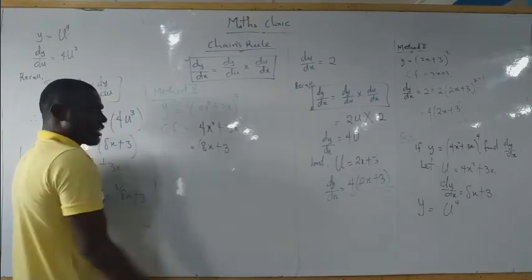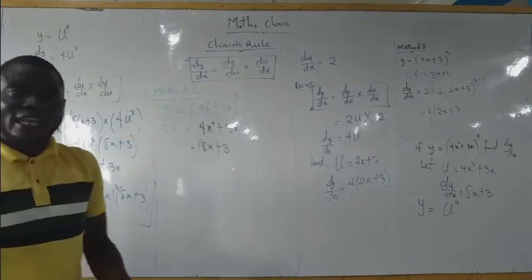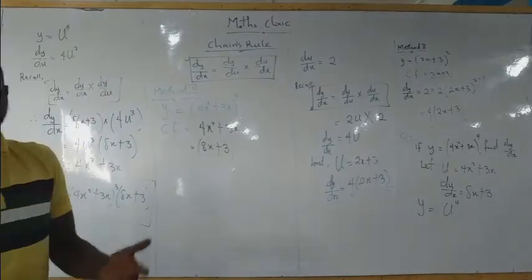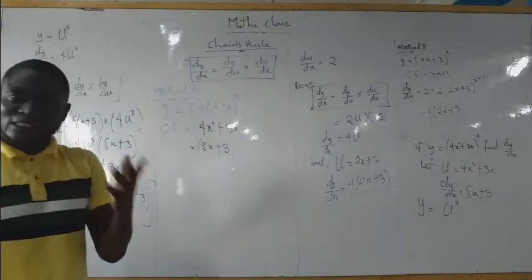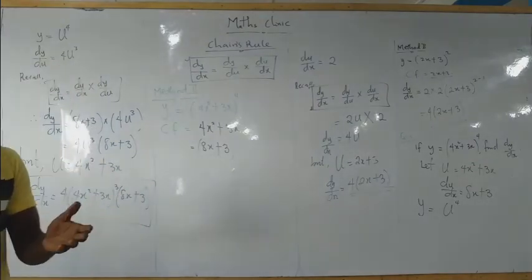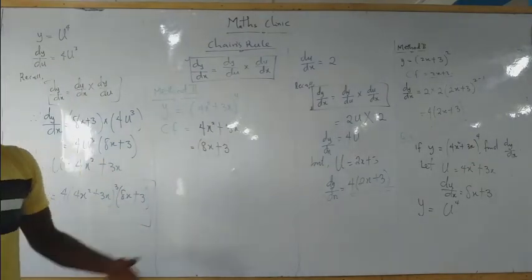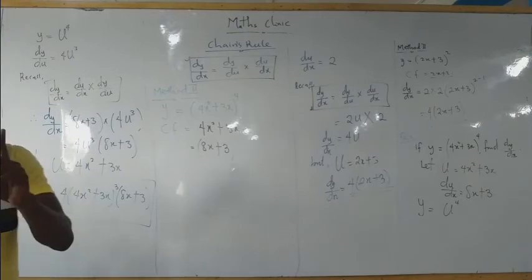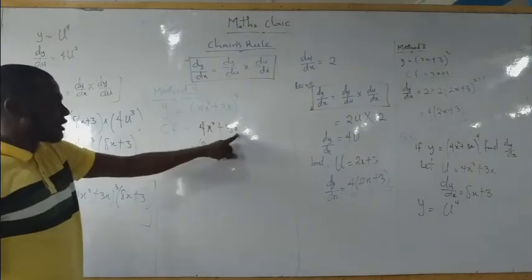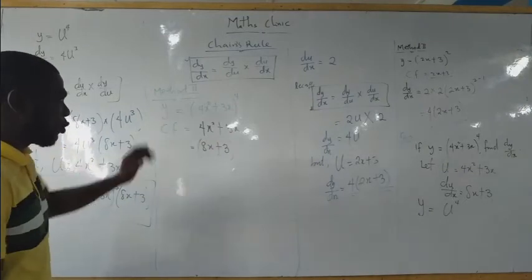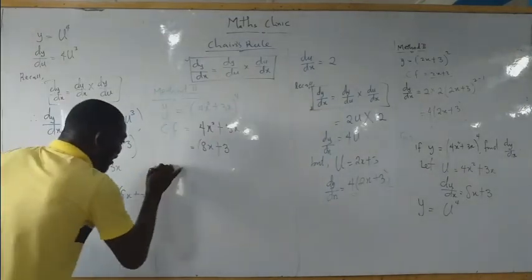Plus differentiate 3x. Derivative of 3x is 3, just as you have derivative of x to be 1, 2x is 2, 3x is 3, 4x is 4, 5x is 5, 6x is 6. Derivative of 1 million x is 1 million. You just remove the x. So derivative of 3x is 3. Please take note. Then we can now add. Therefore,